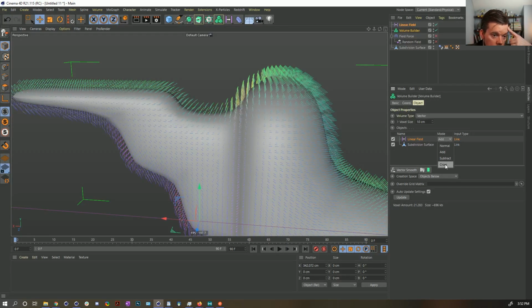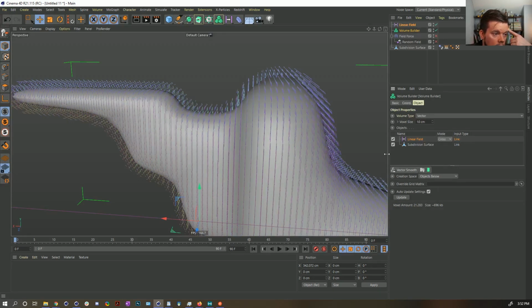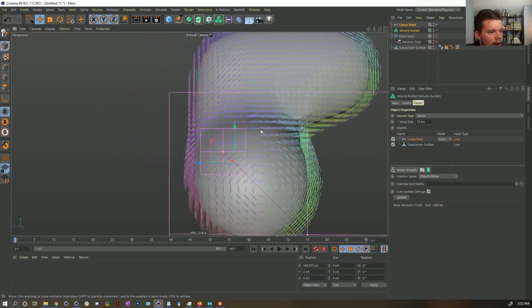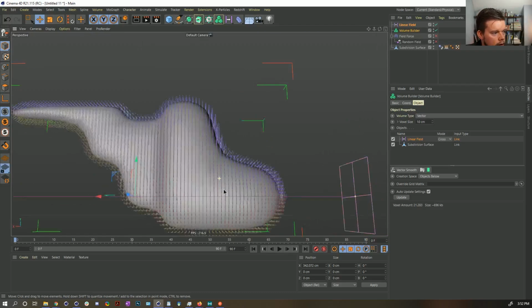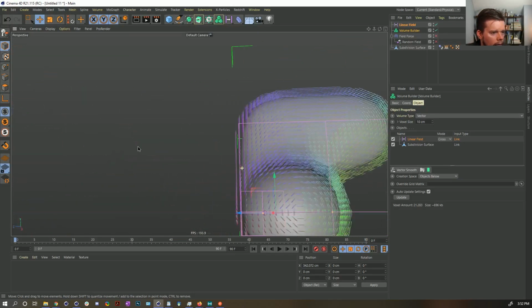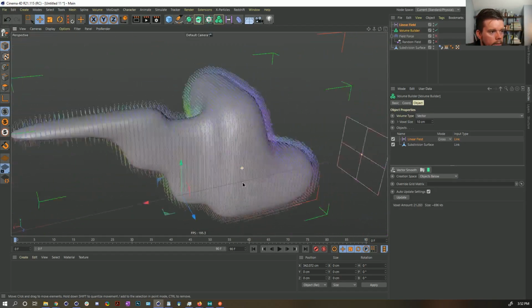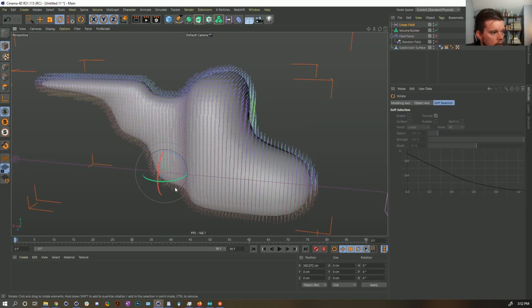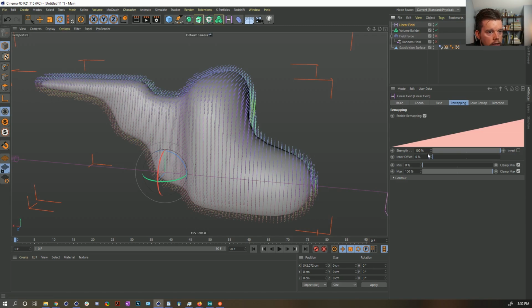So now we're going to try a cross product. And the cross product is spiraling around perfectly. Look, we have a spiral, which is cool. But that's not actually what we want. So I wonder if we can spin. Well, if we change our linear field's orientation,